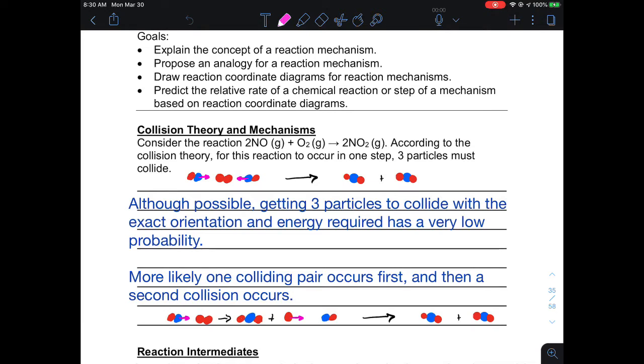So, for example, in this NO2 example that we did in class, if you were to have this chemical reaction with two nitrogen monoxides and an oxygen reacting with each other,